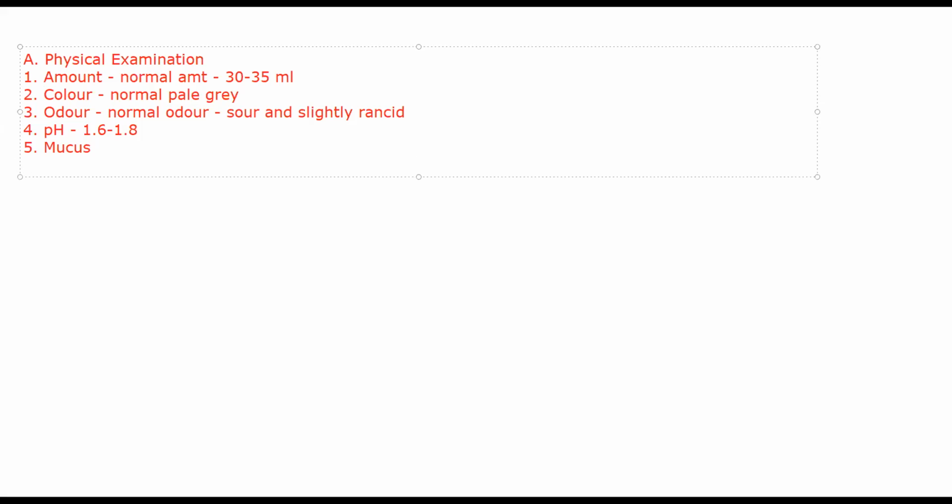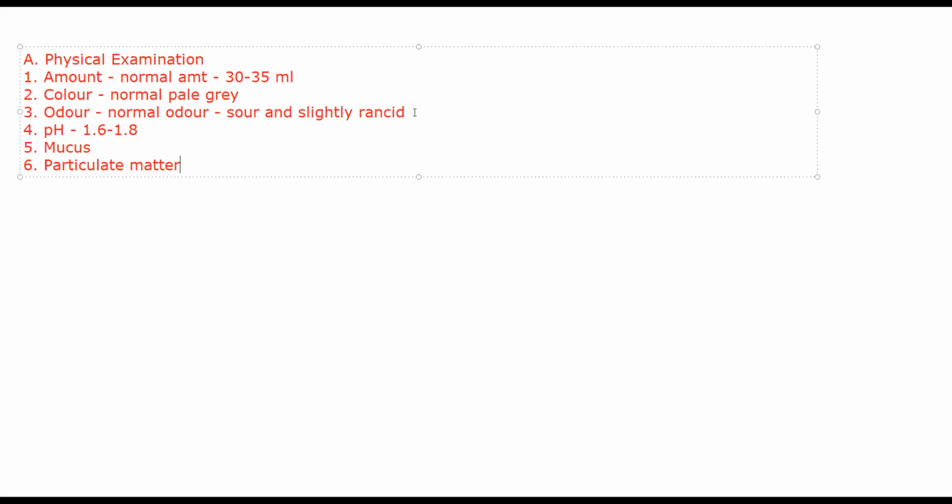Then sometimes particulate matter. Now, particulate matter you'll check for in gastric juice, especially 24 to 48 hours after eating. Once a patient has had a meal, if you check the gastric juice after 24 to 48 hours, it should not have any particulate matter altogether. If it is having particulate matter, it generally indicates that the patient is having pyloric obstruction. Food particles are not going down into the small intestine completely, because of which particulate matter is being retained inside.